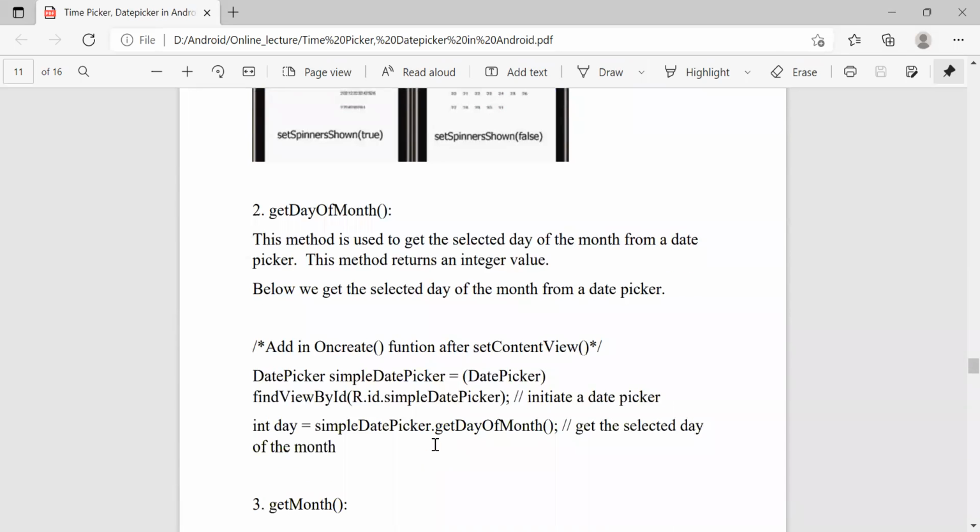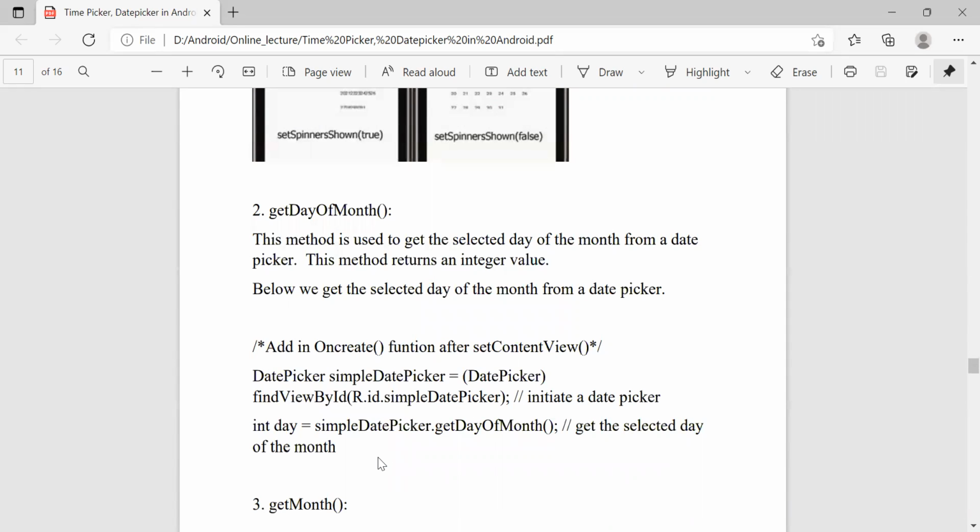So for example, DatePicker simpleDatePicker equals findViewById(R.id.simpleDatePicker), and int day = simpleDatePicker.getDayOfMonth(). So it will give the day by using the getDayOfMonth method.